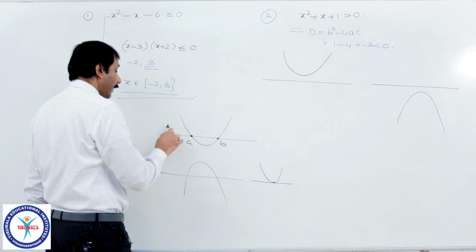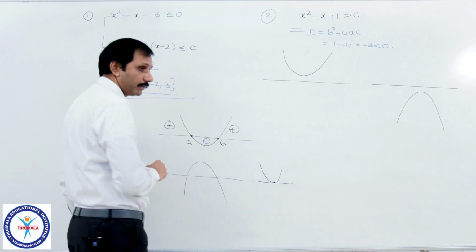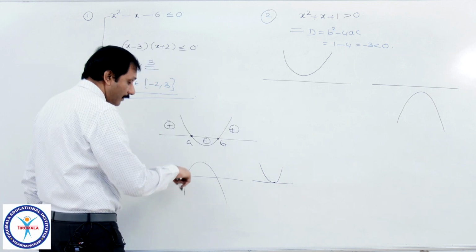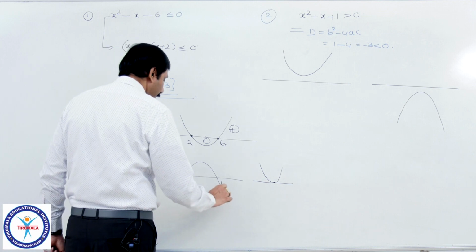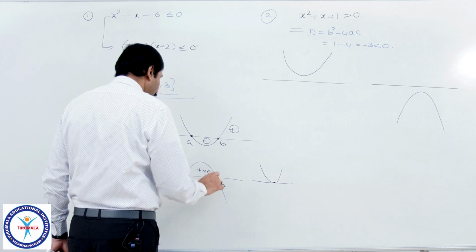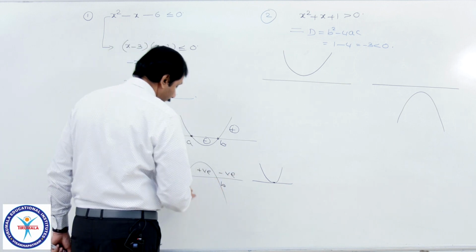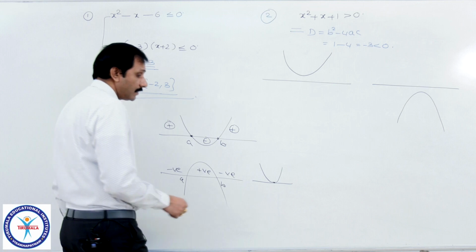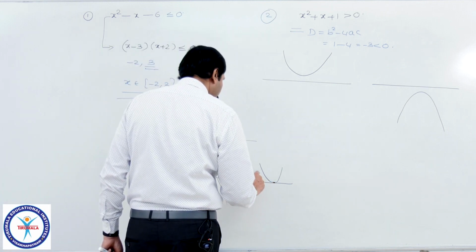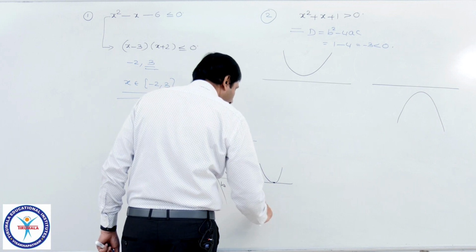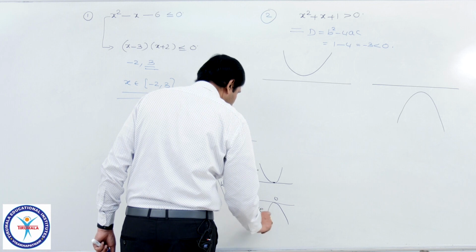That's why in the previous case we have seen a, b are the real roots. Left side is above the x-axis, positive; right side above the x-axis, positive; in between it is negative. And if the coefficient of x square is negative, the graph will be like this: between a and b it is positive, and outside it is negative because of below the x-axis. And of course equal roots means it is 0, completely positive it may be, or it may be of this type also, 0, completely negative it may be.